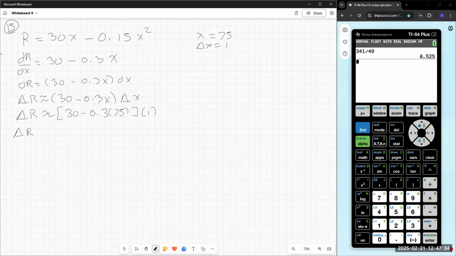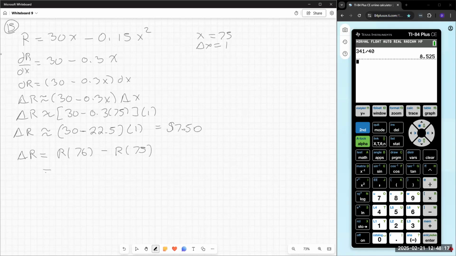Delta r is approximately 30 minus 22.5 times 1, which is going to be equal to $7.50. And delta r is exactly equal to r of 76 minus r of